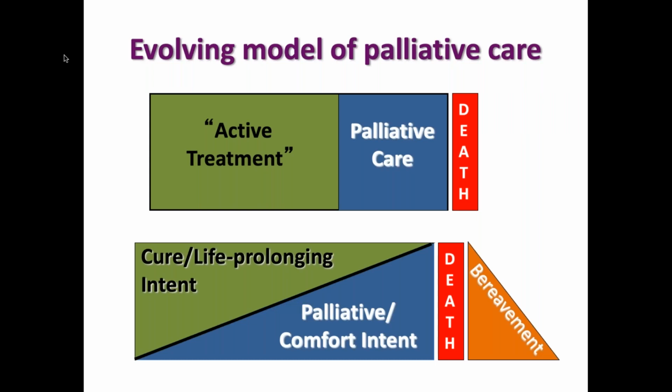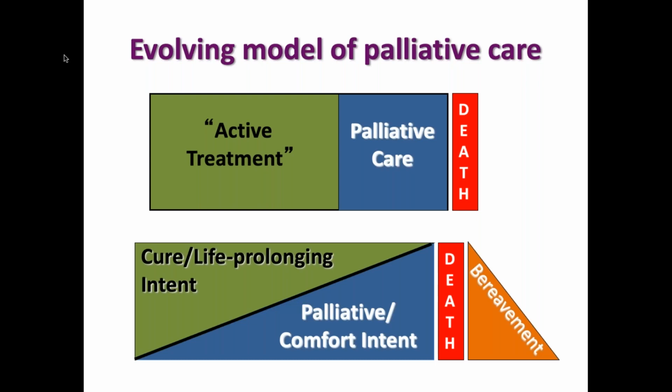But as time goes by, and as the patient enters the trajectory of illness that we discussed earlier, the component of palliative and comfort care slowly grows, and our focus on curative or life prolonging intent treatment slowly comes down. And at some time, palliative care becomes the major part of treatment, eventually leading to death,